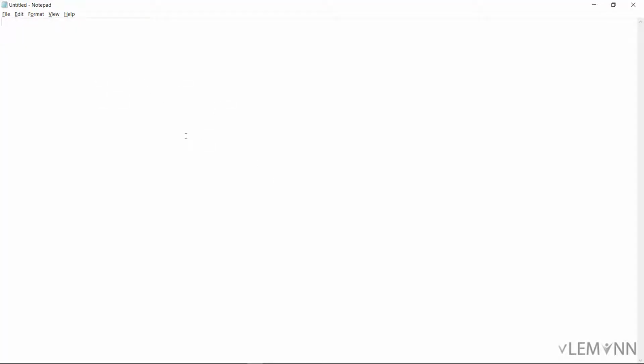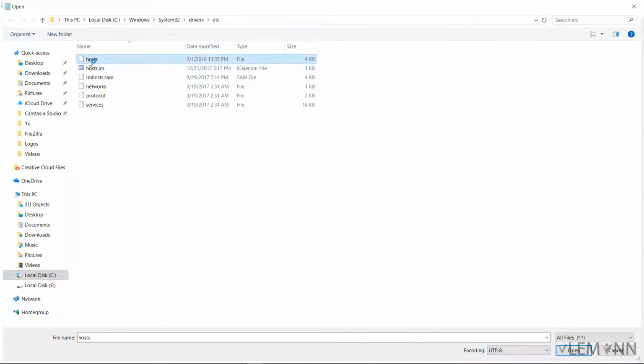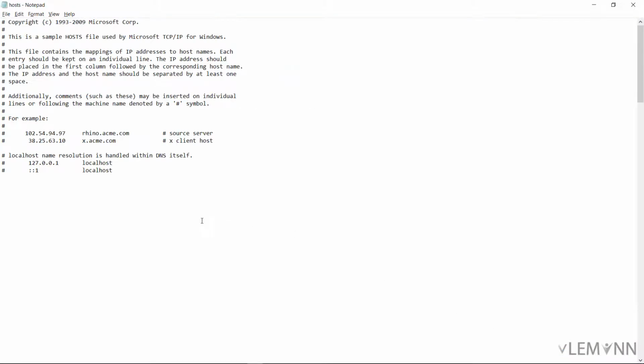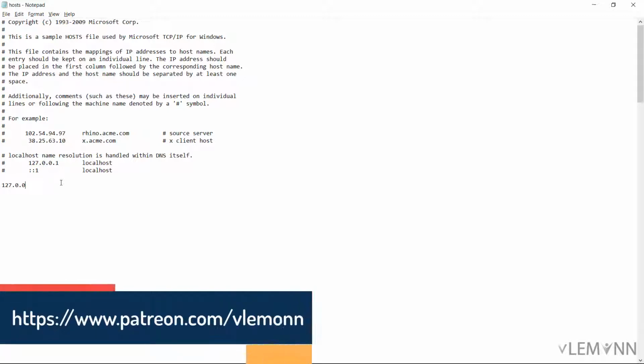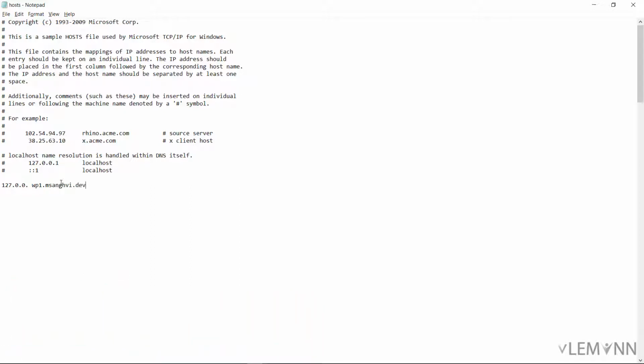This is my Notepad with admin privileges. I'm going to click on File, Open. I'm going to paste this path, and now we are in C, Windows, System32 drive, etc. I'm going to select all file types and then I'm going to select host. Open this file, and inside this I'm going to add an entry for our new local website. I'm going to type 127.0.0.1 space my website. So it's WordPress 1.mayanksangvi.dev. Now,